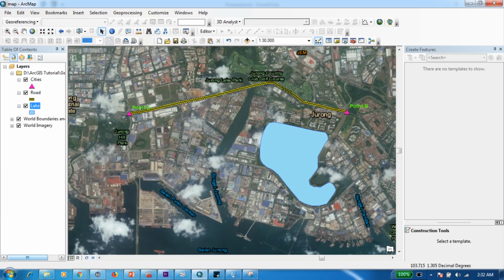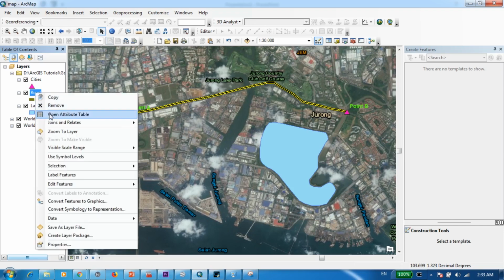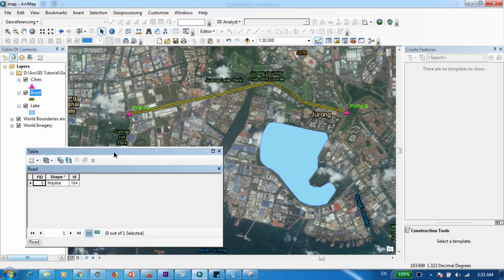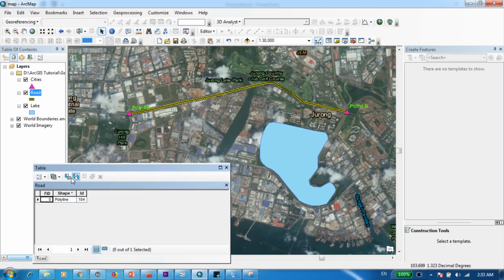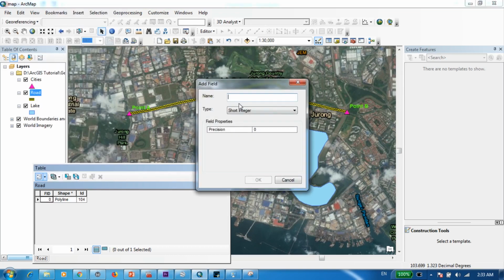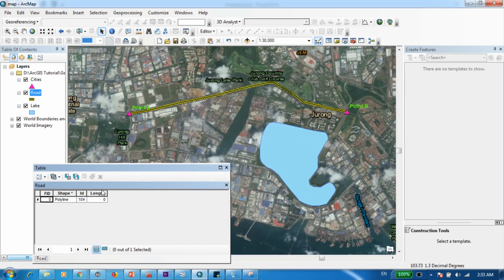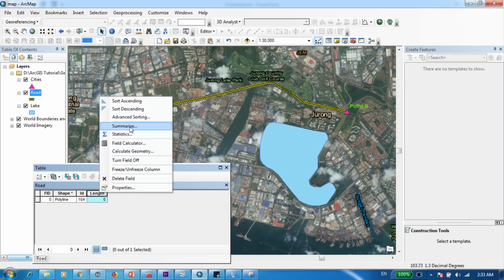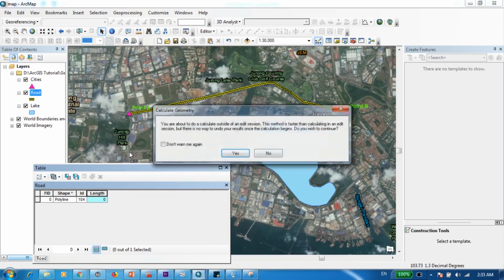Alright, let's move on to our third question. That was to calculate the distance of this road starting from point A up to point B. So now I'm going to select the road shapefile. I'm going to right click on it and open the attribute table. And similar to the previous step, I'm going to create a new column called length, and I'm going to keep it as a short integer. And I will go here and go to calculate geometry,